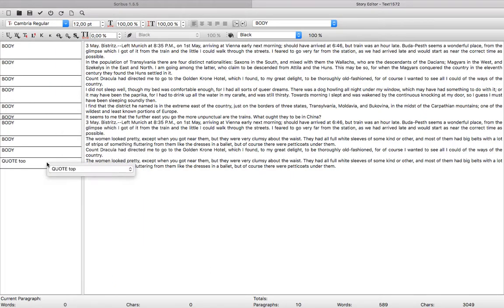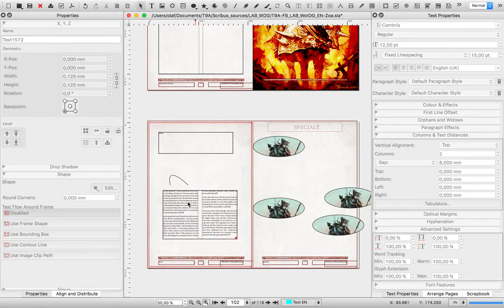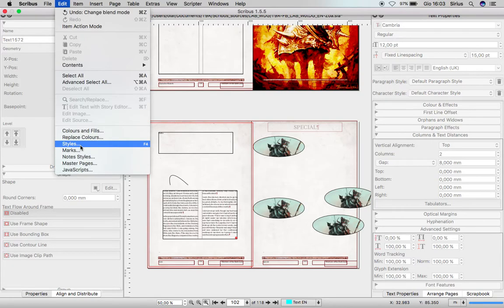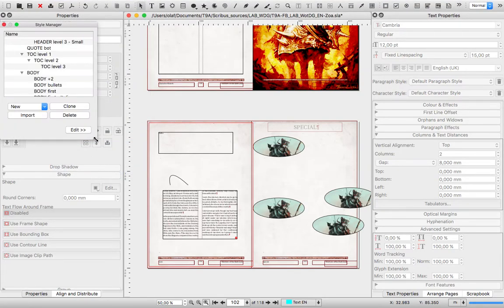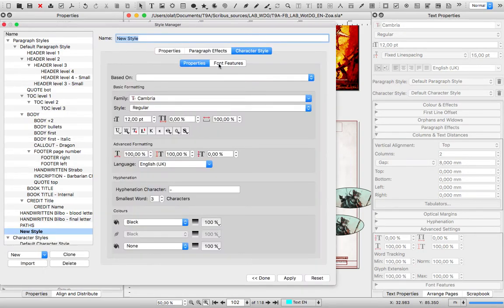If you are not familiar with styles: as we are using Scribus 1.5.5, and all the other styles seem to be underdeveloped at the moment, we are going to use only paragraph styles, as they are of absolute importance. You can create a set of text properties and apply them all at once. Simply put, this is what describes a paragraph style.